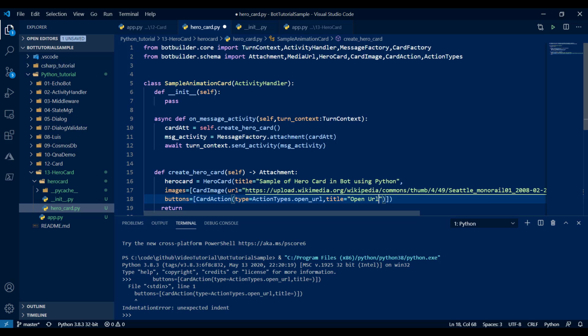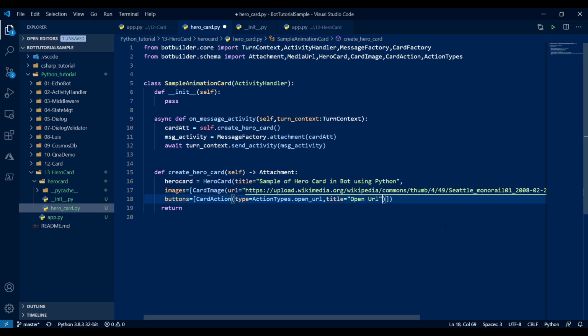Next, value. What do I need to open? The button is there, the action I mentioned, and the title is given. So value comes into the picture here: what action has to be taken, what I need to execute. That has to be defined in the value field.